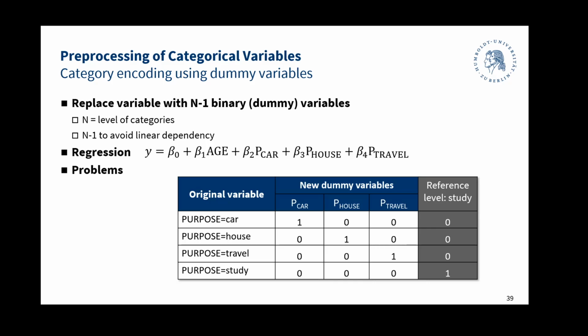And this would be the way we code our category levels in a regression model. We would have one category for the credit purpose car with a regression coefficient. Here it is. Another one for the category house. Here it is. And for travel and so forth. This approach is perfectly fine, don't get me wrong, but what we see here is that